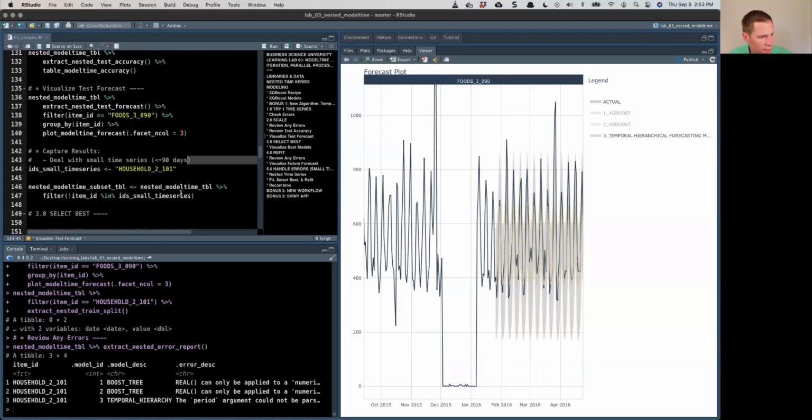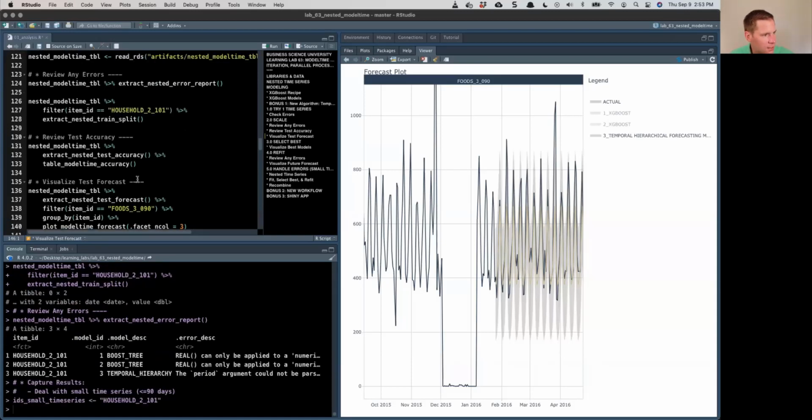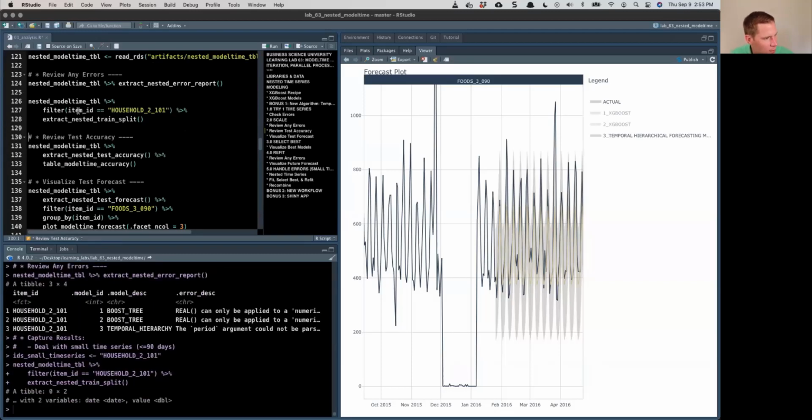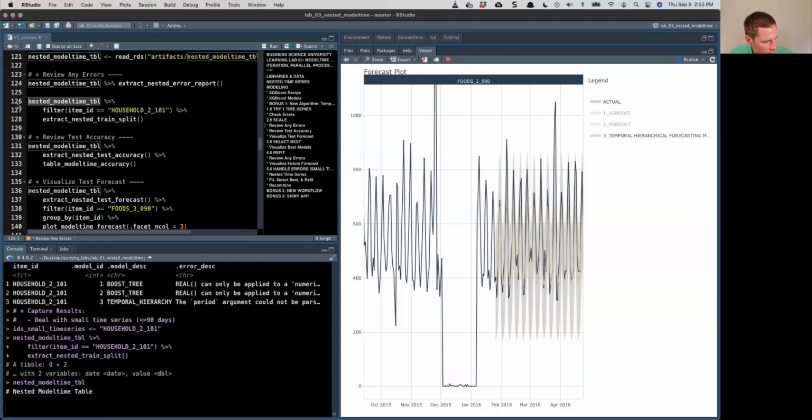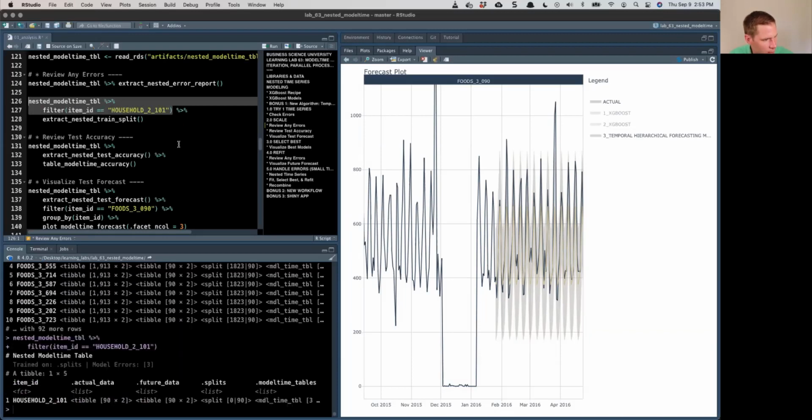So if there are more that have failed, I would store that here. And I need to just kind of see, here, actually, I think I forgot to run this one. Items, nested Modeltime Tibble, 102, filter item ID. Is that here? Okay, and then,